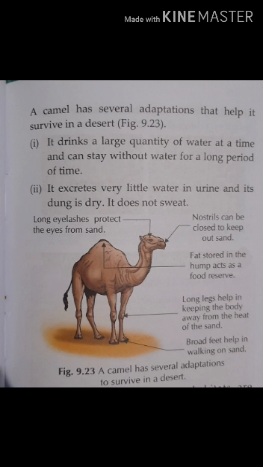Next, a camel has several adaptations that help it survive in the desert. It drinks a large quantity of water at a time and can stay without water for a long period of time. It excretes very little water in urine and its dung is dry. It does not sweat. So these are the adaptive features found in camels which help them survive in